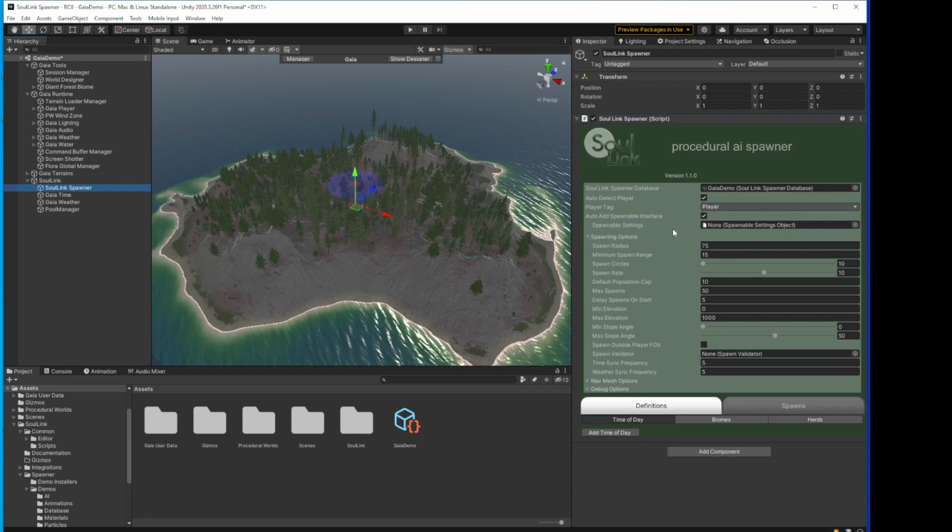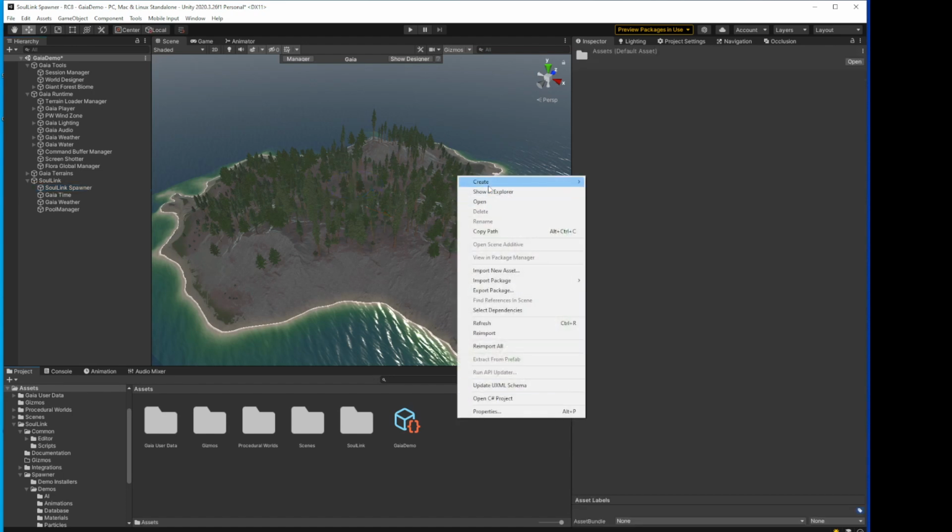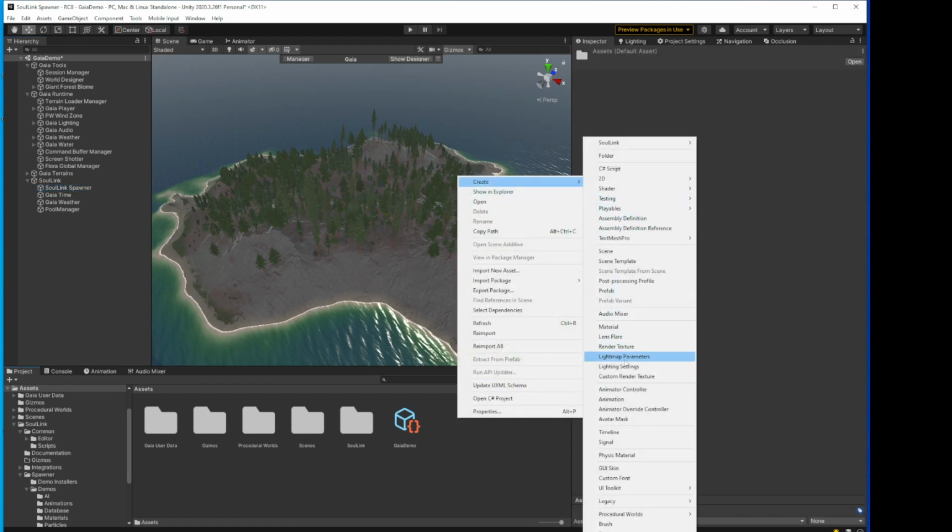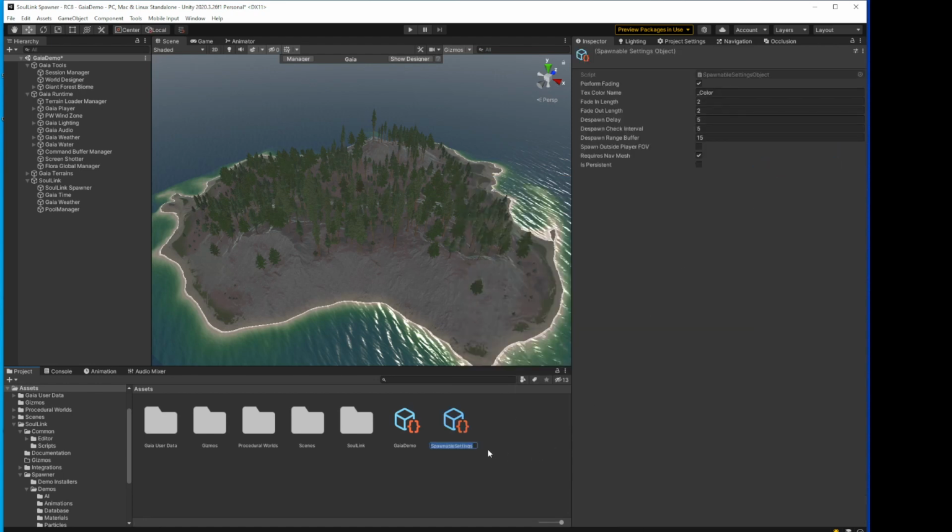The next thing you can do here is set spawnable settings. If you want the auto add spawnable interface to have a certain set of settings for those spawnables, then you can add that here. What you have to do though is go into Create, find SoulLink, and there it is, Spawner and Spawnable Settings. And we'll just